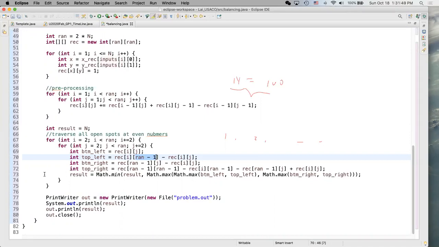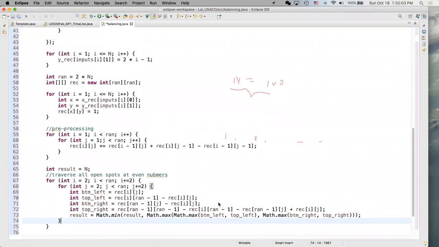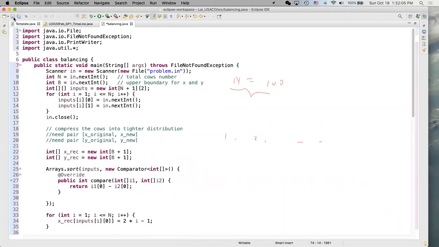rec and j. And finally, you're going to update the results and find the minimum and update the result as necessary and based upon the maximum. Let me double confirm here. There's error as before, bottom left, bottom right, and top right. There you go. So that would be the code for